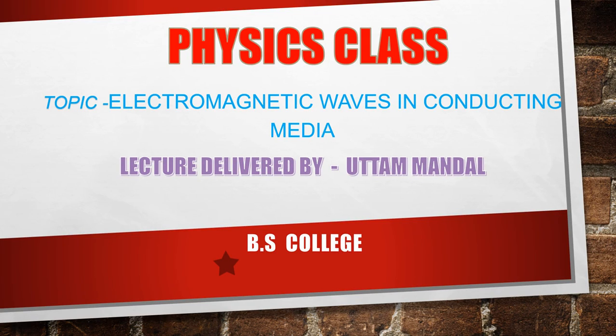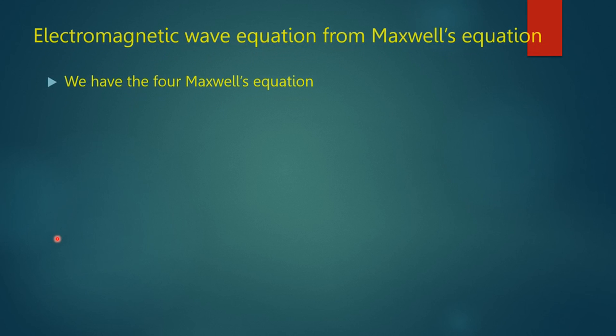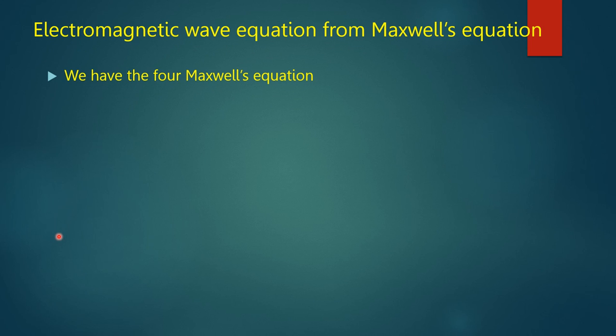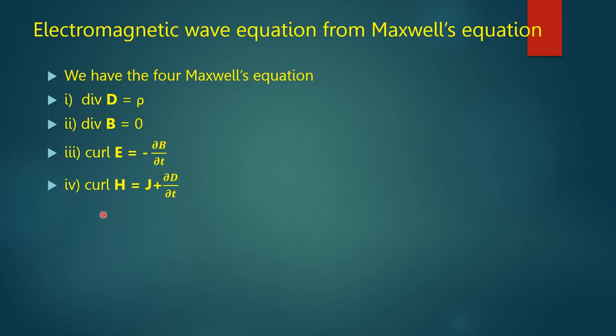Electromagnetic waves in conducting medium. We have the four Maxwell's equations, which are: divergence D is equal to rho, divergence B is equal to 0, curl E is equal to minus del B by del t, curl H is equal to J plus del D by del t,